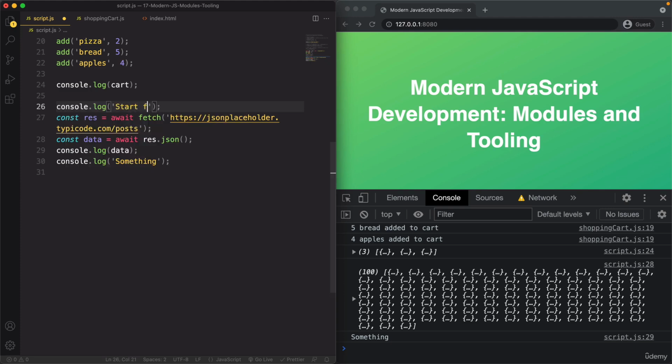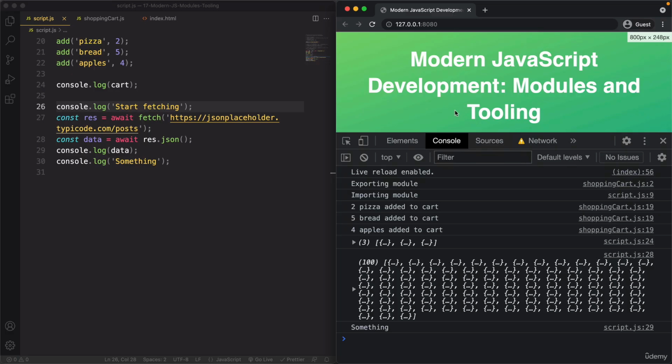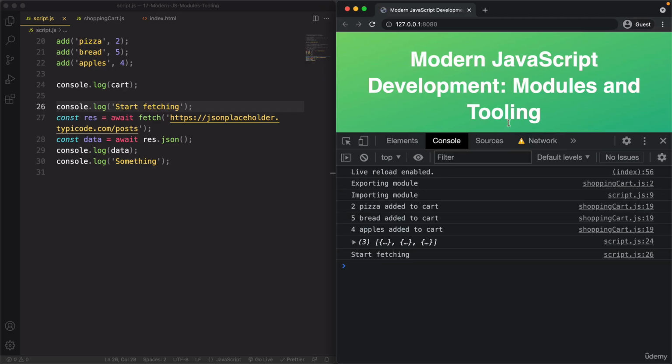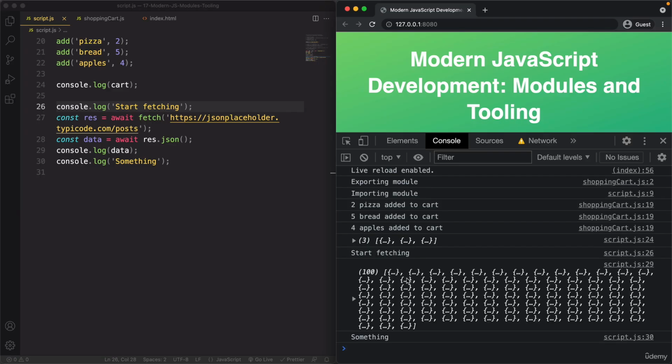So let's actually log something here before also. So start fetching. So that will make it a little bit easier to see what's happening. So let's reload here again. So now it all takes a lot of time because the network is really slow. So you see start fetching, then it's doing the work,